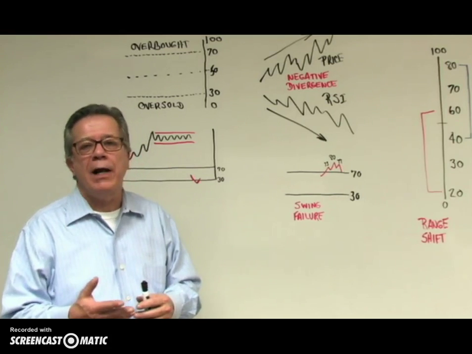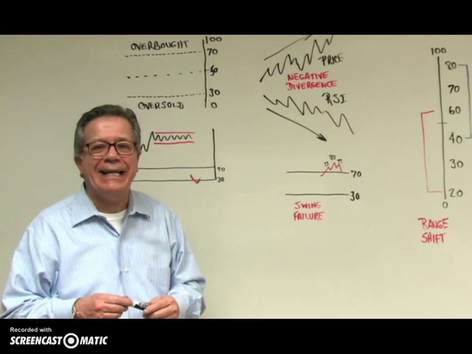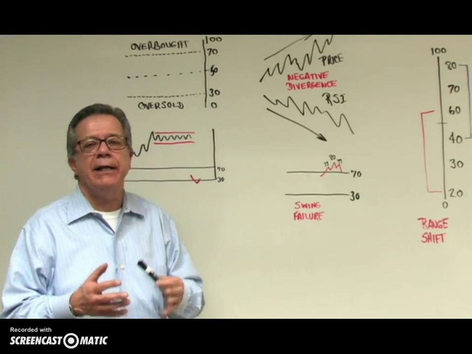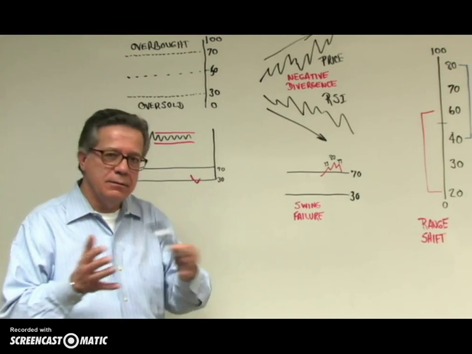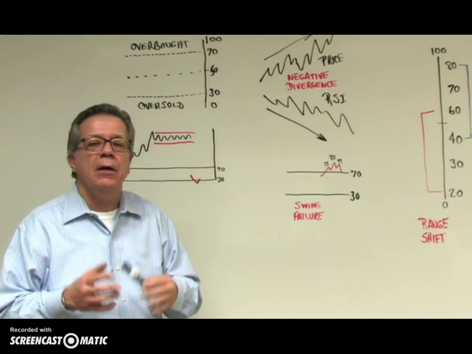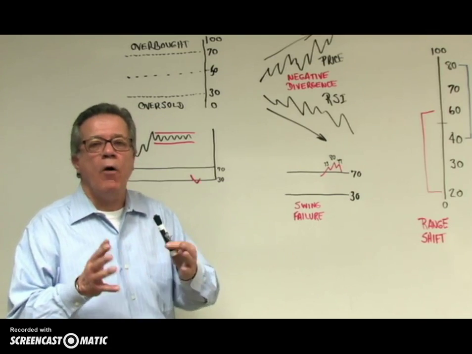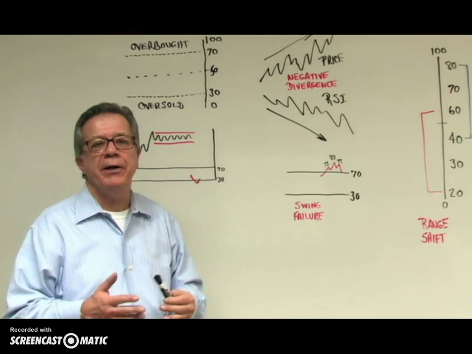The period that Wells Wilder, the inventor of the RSI indicator, suggests using is 14. So if you've got an RSI indicator on a daily chart and you're looking at a 14 period range, it's looking at the average of the RSI movement over the previous 14 periods, in this case,